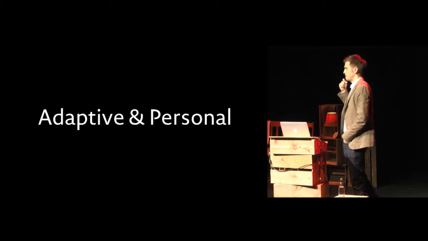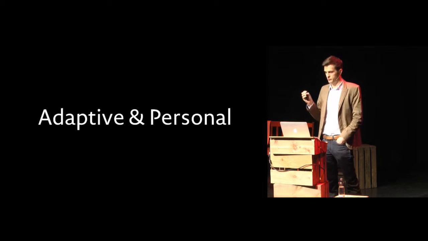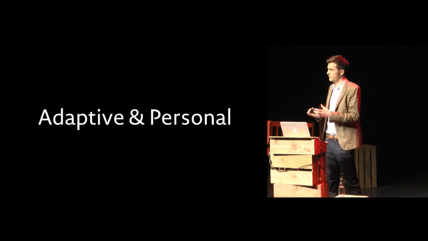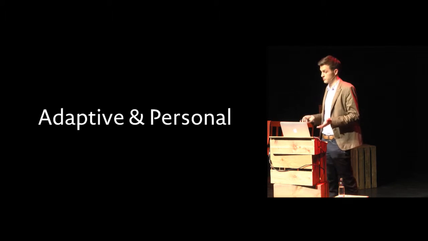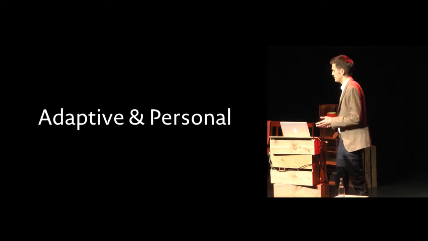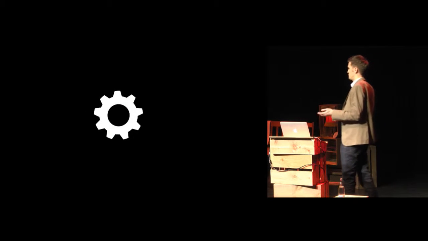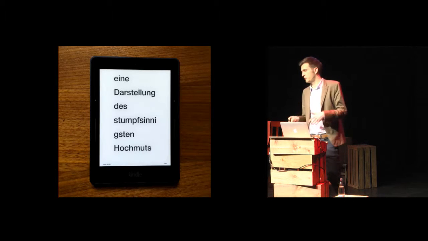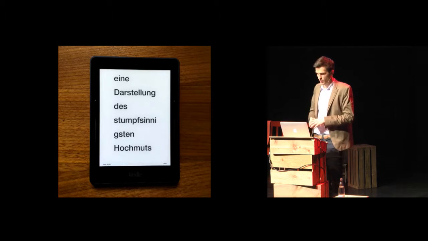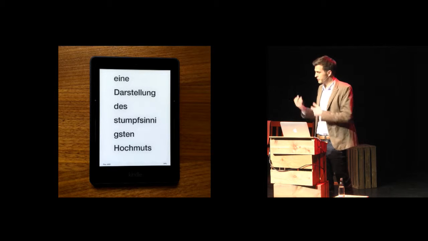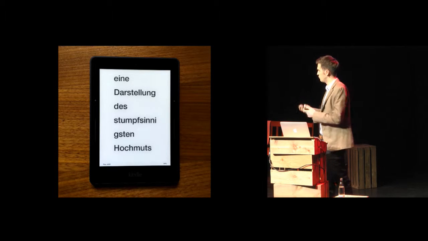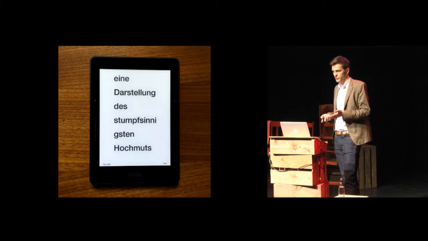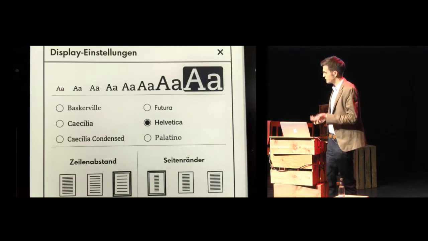So one of the biggest strengths of digital typography is that the reading interface can adapt to the user and to the user's context. So how do we personalize the reading experience? Do we add some settings? Yeah, we could add some settings, but then people would configure something like this. Why is this even possible on a Kindle to configure something like this? Nobody can or wants to read this. The user is not a typographer, so why burden the user with all these typographic choices?